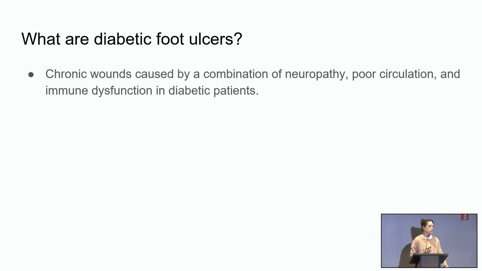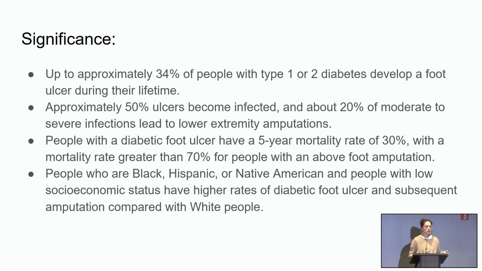Diabetic foot ulcers are chronic wounds caused by a combination of neuropathy, poor circulation, and immune dysfunction in diabetic patients. So we've been talking about the significance of these things all day long. 34% of people with diabetes develop a foot ulcer. 50% of ulcers become infected. 20% of these lead to lower extremity amputations. And then, of course, we always talk about mortality rates when it comes to